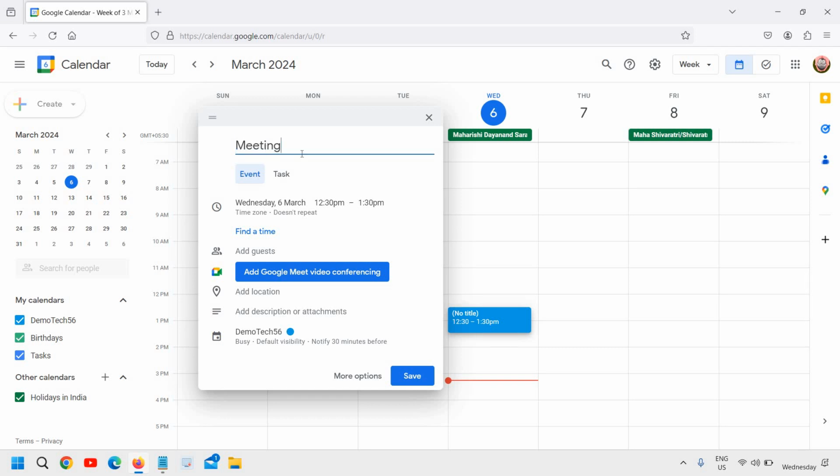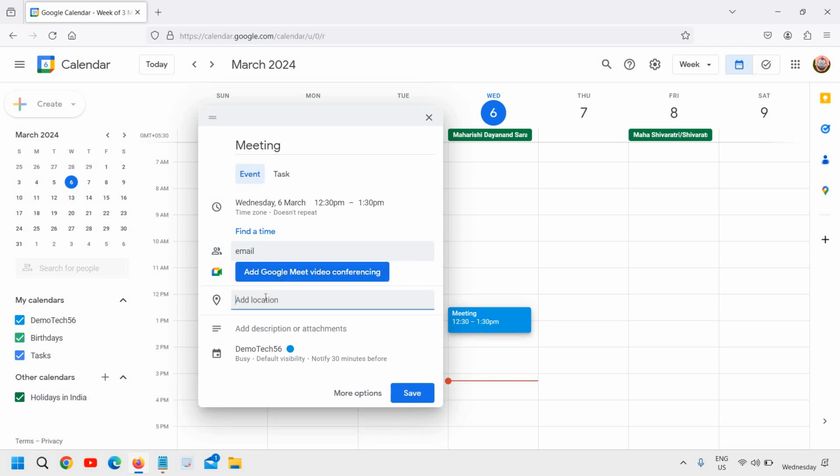So meeting I have mentioned, and the timing, I can select the time and we can add the guest. So you can send the email address. You can type the email address right here, and you can also add Google Meet for video conferencing. You can add the location, you can add the description, you can also add the attachment, and then you can